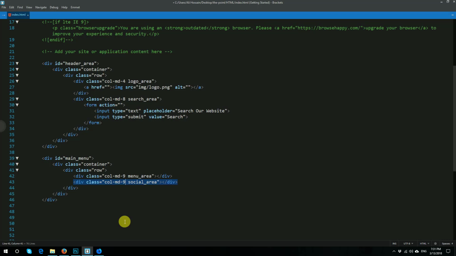For social area I will use 3. Okay, then in the menu section I will use ul id nav, then li, then a,